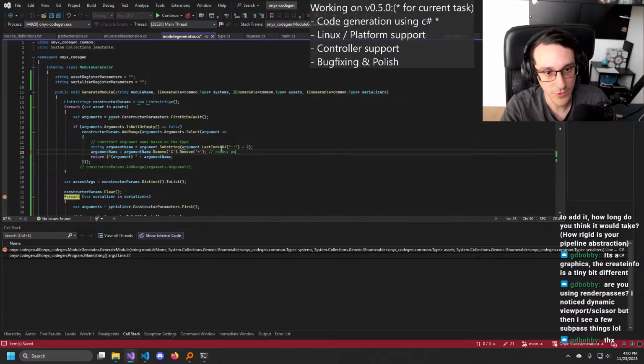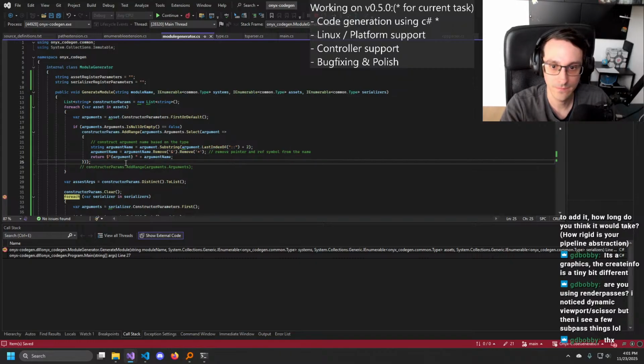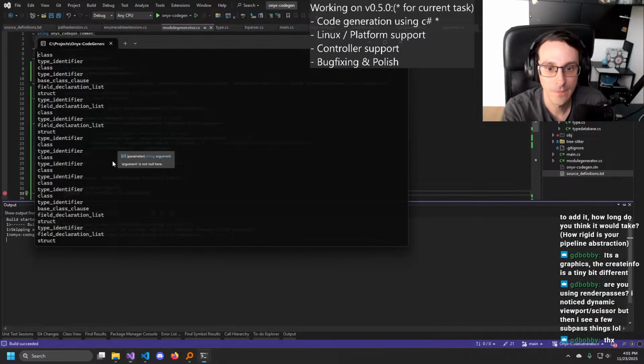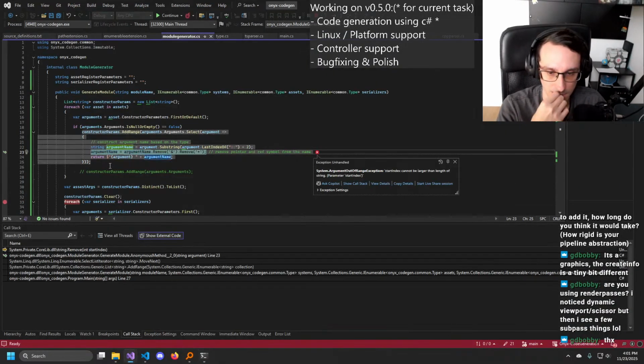Remove pointer and ref symbol from the name. And that should